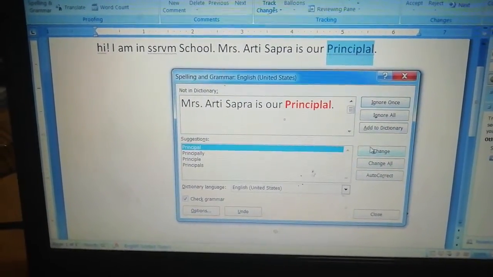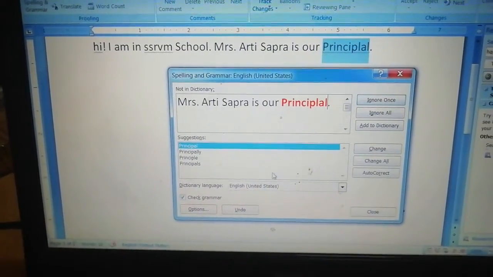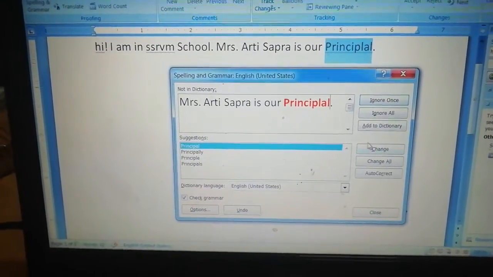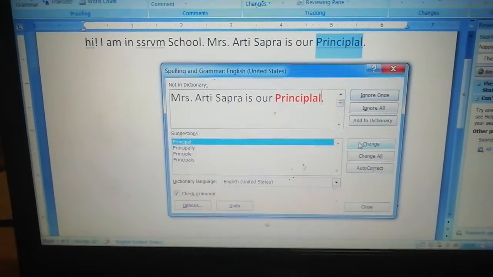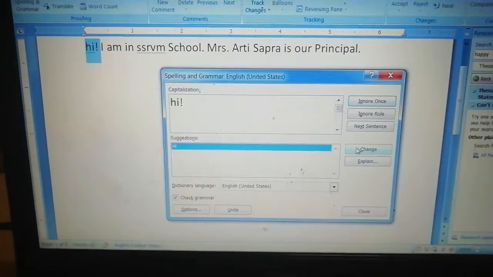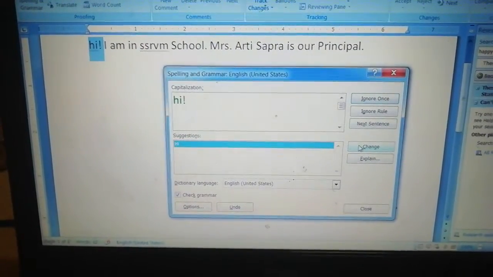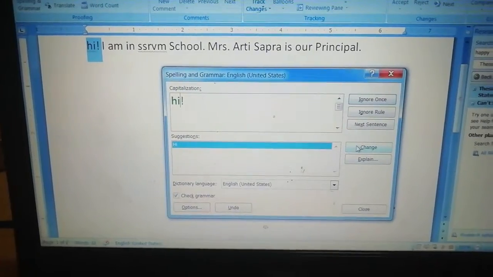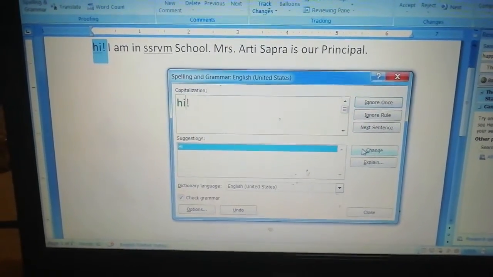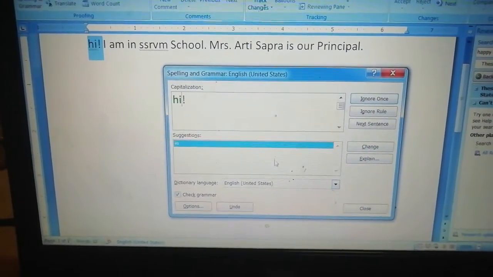Now I can change the word principal with this suggestion. Okay, now I am changing this word with this suggestion. The next option was Change All. Change All means that whenever we have the wrong spelling of principal in the whole document, it changes it with this principal.